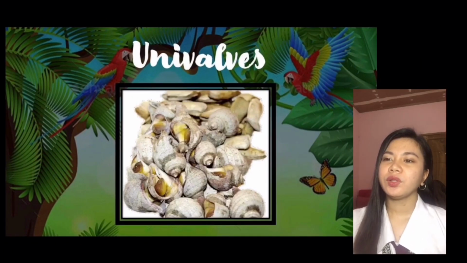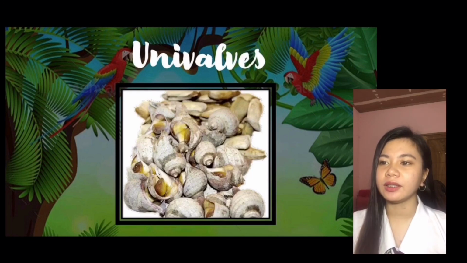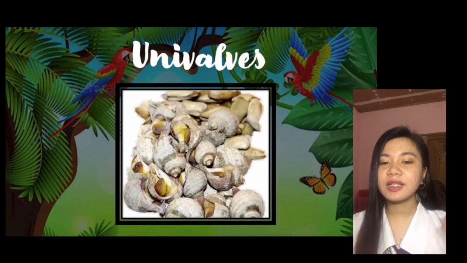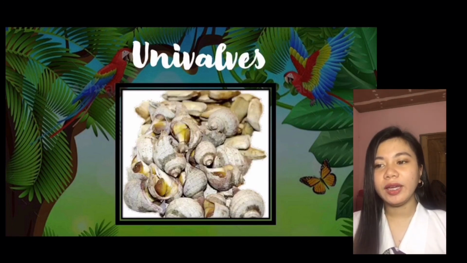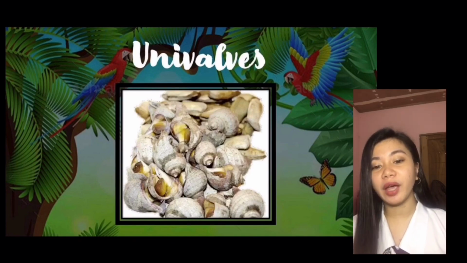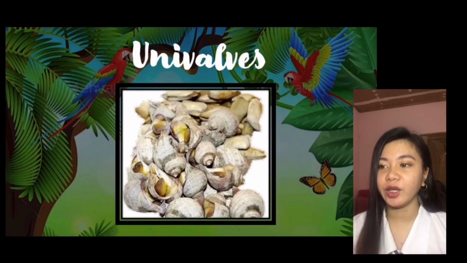So, the univalves is a shell consisting of one valve only. A mollusk whose shell is composed of a single piece, as the snail. Most univalves are spiral and are shells of gastropods. So, as you can see po sa image is para siyang suso. So, sinasabi po na ang univalves daw po is meron siyang isang shell lang or ang nagpo-protect sa kanya is isang shell lang and then yung soft-bodied po is nandun sa loob ng shell na yon.